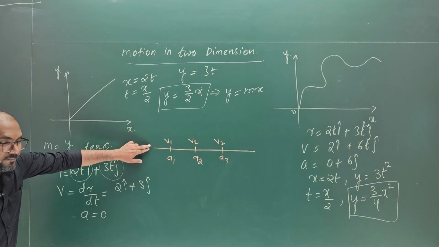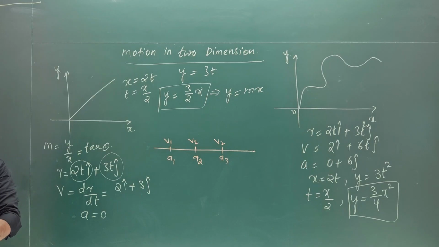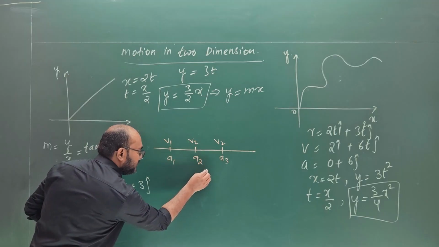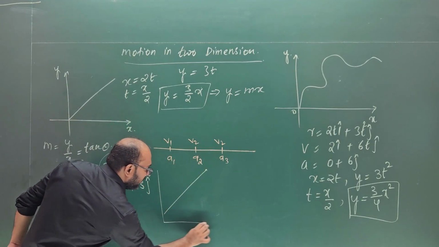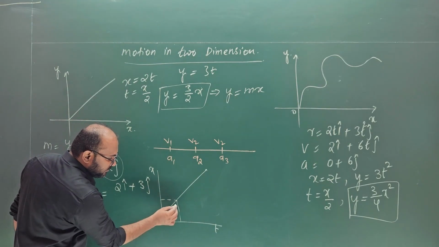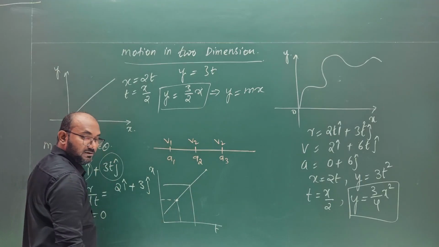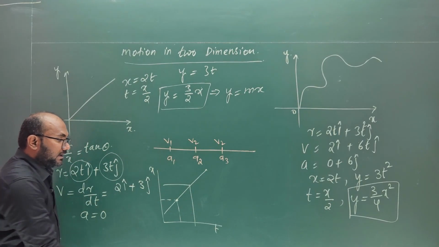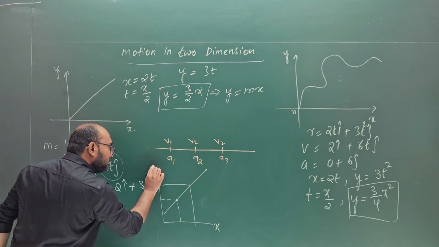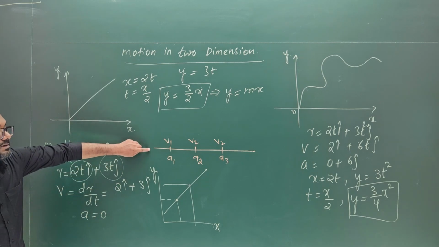First thing, for a straight line, either the x-axis or the y-axis, both have constant values. Consider the body is moving like this in an x-t graph, x and t. At this point and at this point, can I say the values here are the same? Similarly, at this point, velocity is the same. If velocity is constant in both x-axis and y-axis, then the motion is a straight line.